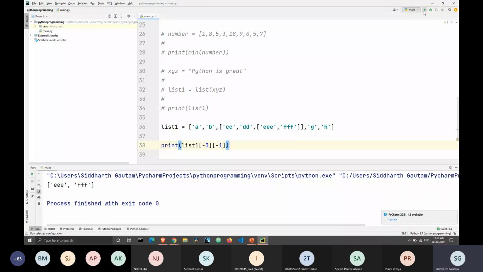I print this, and as we predicted, we get triple E and triple F. So first we're taking -3 as the index of this, and inside of that list, -1 is the index of this.